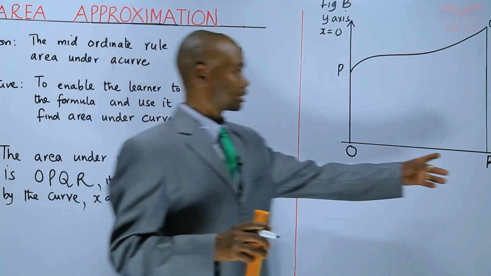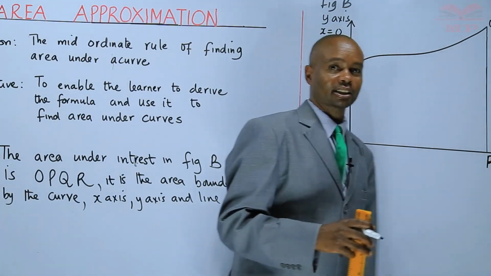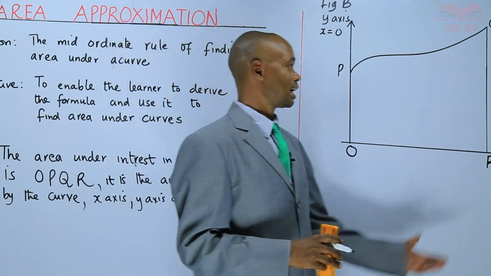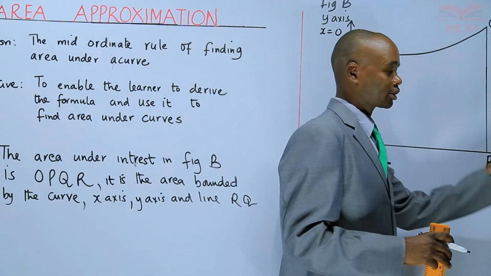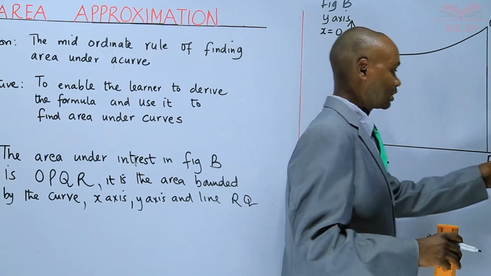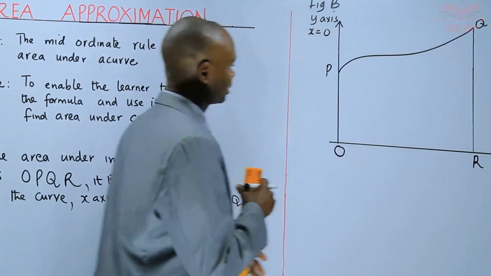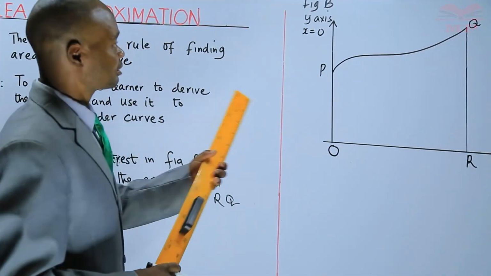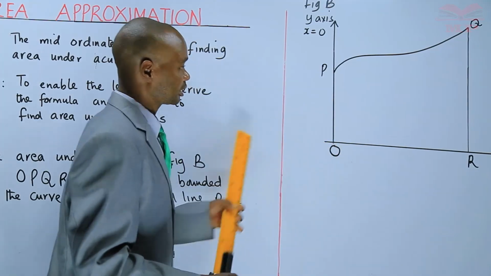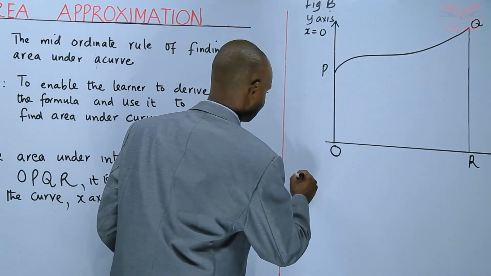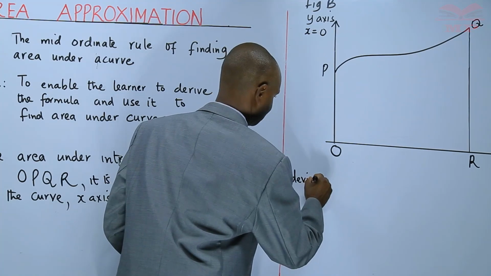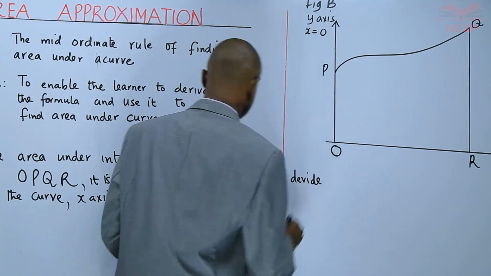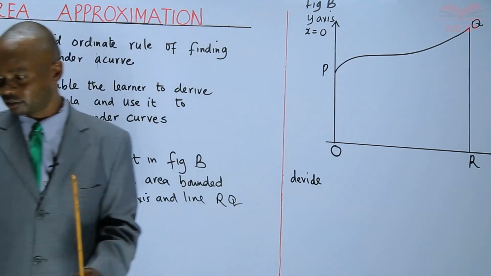Usually line RQ in our Cartesian plane might have a value like x is equal to 4, or 5, but when we are deriving, we have not yet got the value. So when you have such a thing, you'll first of all have to divide